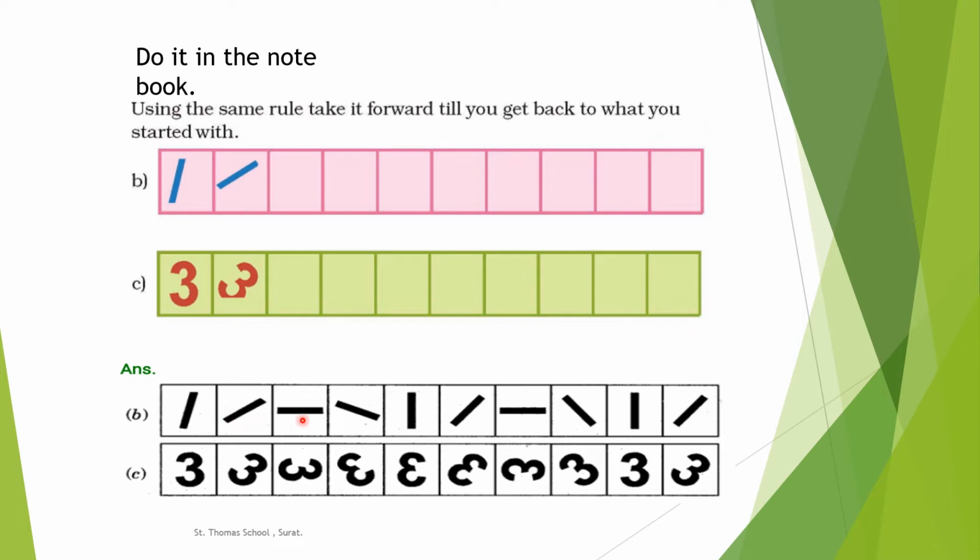So the next, if you make the 45 degree turn, it would look like this. Clear? And again you have to turn, so it would become like this. And one more turn like this you have to go on. Okay, so you can just see the answer and fill in the boxes as given below.